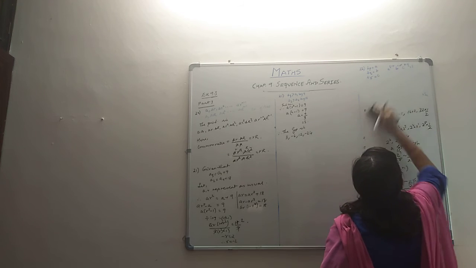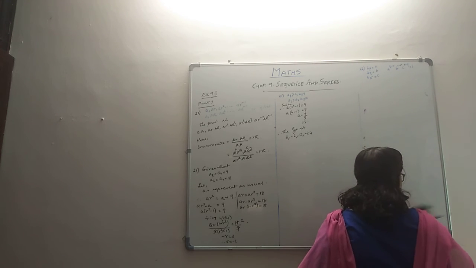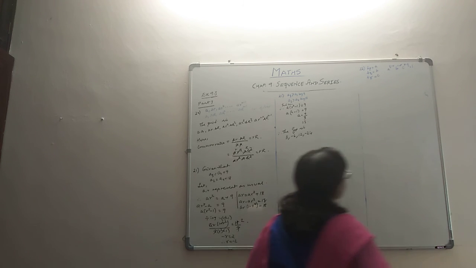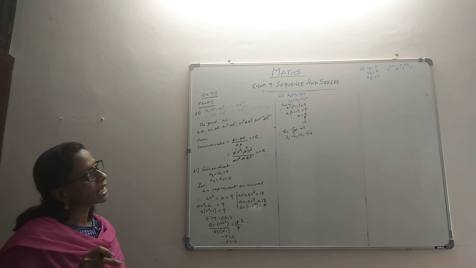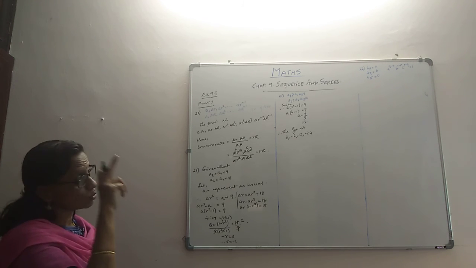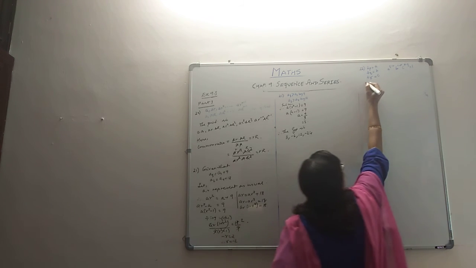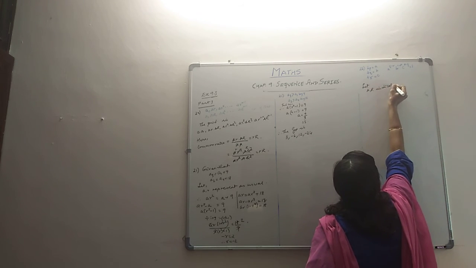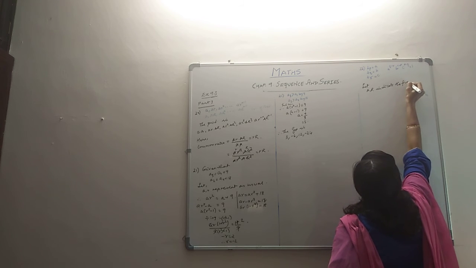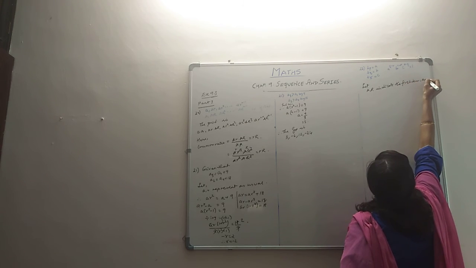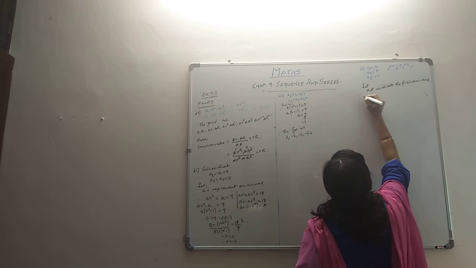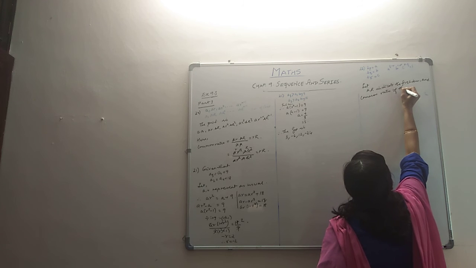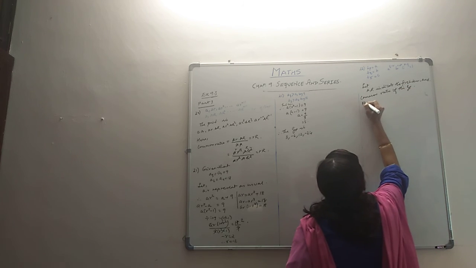the 22nd problem. Let's take up the 22nd problem. They tell that the pth term is a, the qth term is b, and the rth term is c. Then you have to show what is there on the other side of the board. So let's indicate capital R, a and R, indicate the first term and common ratio of this GP.